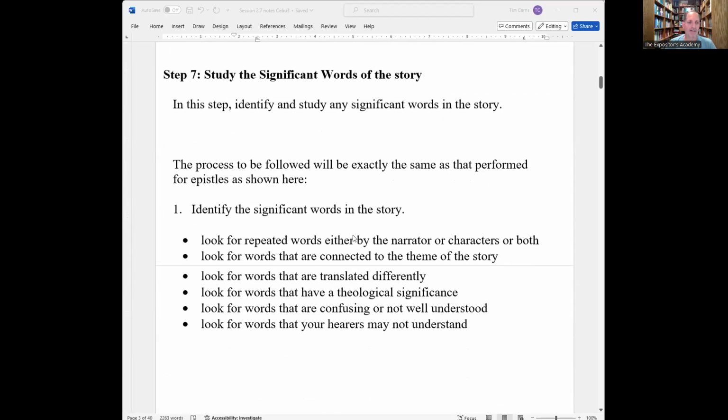What kinds of words do we want to look for? And again, you're going to want to look for words from the entire story, not just the verses that you diagram. But the first step is to identify the significant words. What words do we want to study? What words seem important? What words would help us to better understand the passage? Those are the words that we're going to want to consider, the words that we're going to want to study and understand. So if you remember, we covered these details in your notes during module 1.